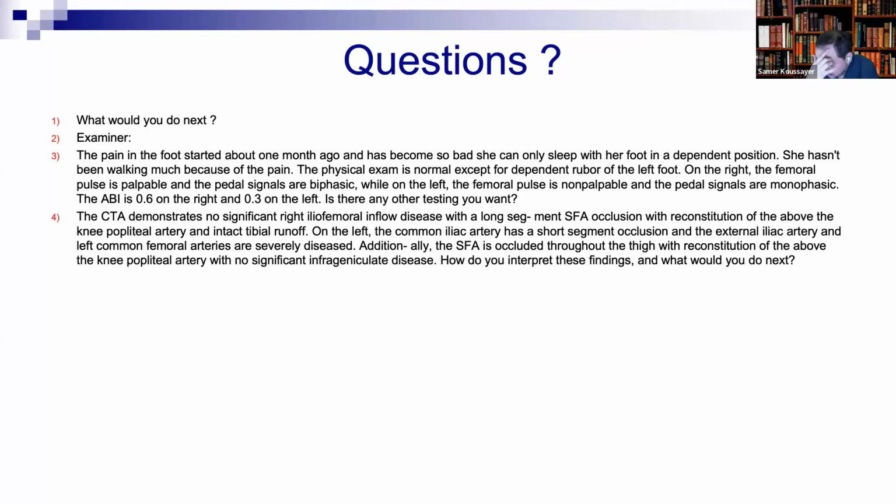And if you do thrombolysis, you just put the patient through more bleeding. You may not even be able to cross it. This is not a clot, this is occlusion. You're not even able to cross it. So how can you do thrombolysis? Okay. So we'll go for endo via the brachial artery.